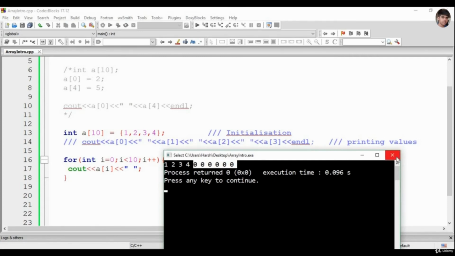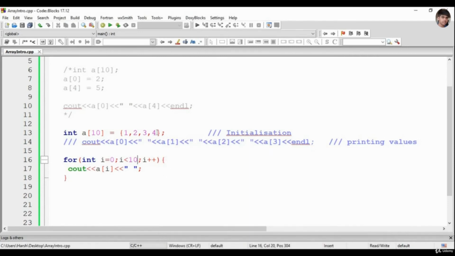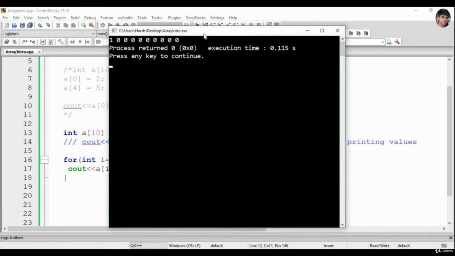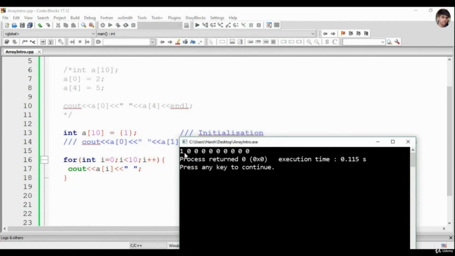Okay. So for example, if I give only one value, 1, what will happen? 1 will get printed, and all the rest of the positions will be 0. Let's see. You can see here, all the rest of the positions of the array become 0 when we initialize the array.